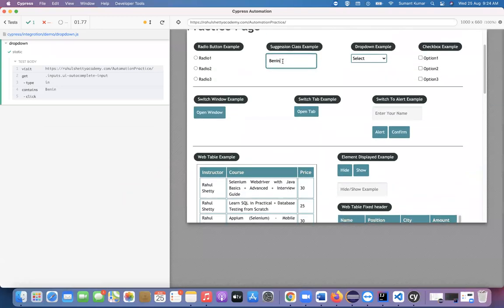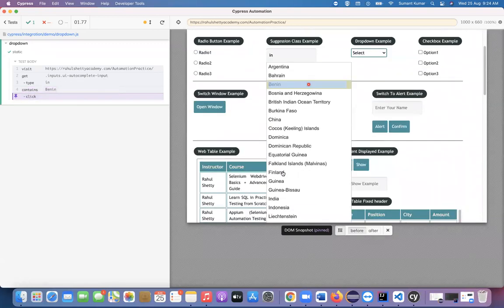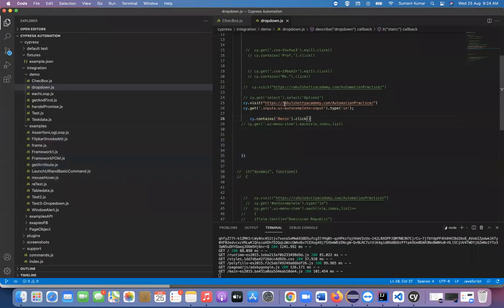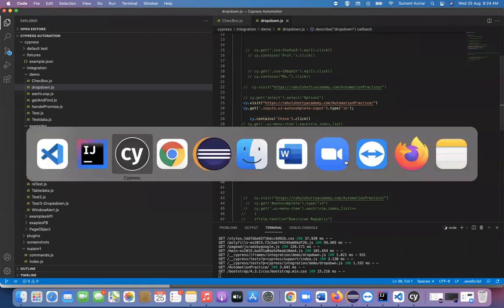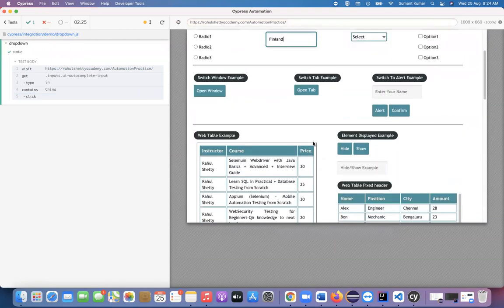Yes, you can see it's typed here, right? Now let's see if I search CHINA, it should select China, right? Yes, it should. Okay, so it selected Finland.